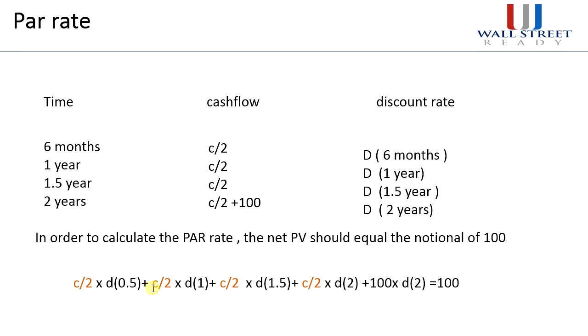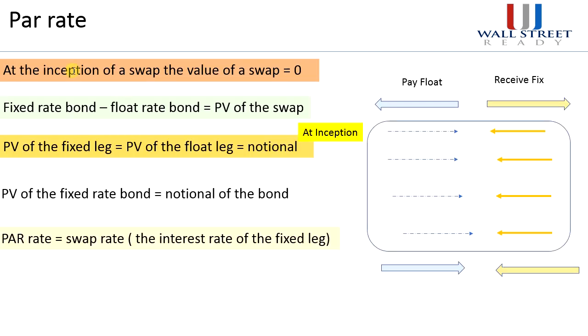Remember, when we talk about the par rate, what we are saying is that's the coupon rate on a fixed rate bond when the net present value, or the price of the bond, equals its notional. This becomes very helpful when you value interest rate swaps, and I'm just going to briefly touch on this because there's a separate session I did on derivatives valuations where I discussed quite extensively on valuing interest rate swaps. So I'm going to briefly